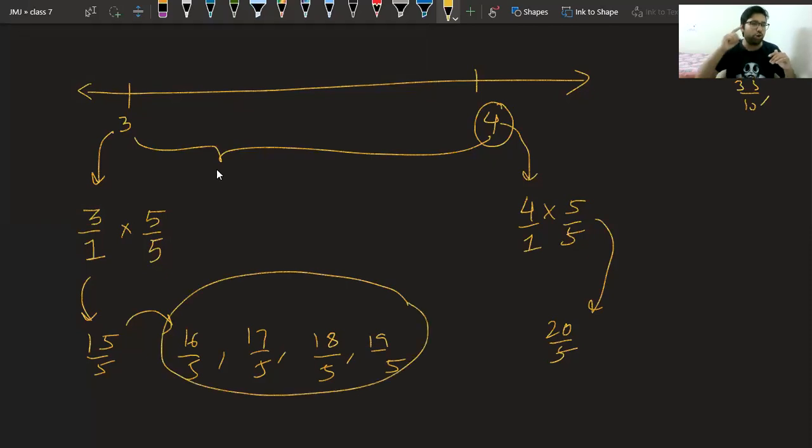And Rishi, you fell short of one number. You were almost there, but you fell short by one number because you reached 20. So yeah, what do you say, Rishi? I suggest that whatever number you multiply by, you will get that many minus one numbers in between. If you multiply with 2, you will get one number between them. If you multiply with 5, you will get 4 numbers between them. If you multiply with 10, you will get 9 numbers between them. So we should go for a larger range. Very good, Mokshita. Now you are understanding this thing.